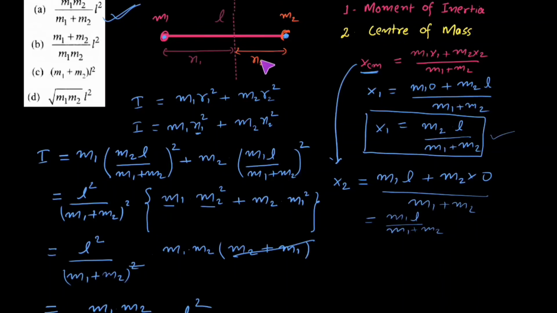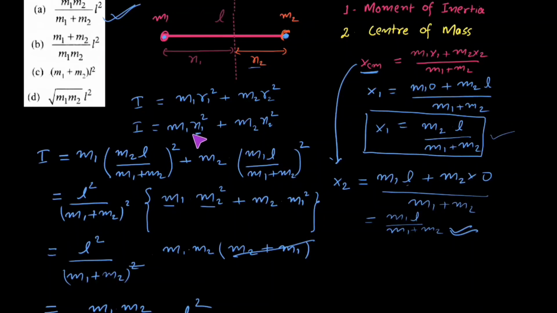Similar to this, in order to find out the value of x2, if this m2 is our reference point, then we apply the formula of center of mass. Then the center of mass with m2 as the reference point would be m1 into x1, where m1 is the first mass, which is on the other end of the rod, and x1 is the distance of the first mass from our reference point, because m2 is the reference point now. So the distance of the first mass from our reference point is the whole length of the rod, which is L. So I have to write here L, plus m2 into x2. x2 is the distance of the second mass from our reference point, because the reference point is m2. So the value of x2 is 0, divided by m1 plus m2. So this is the value of x2 we got.